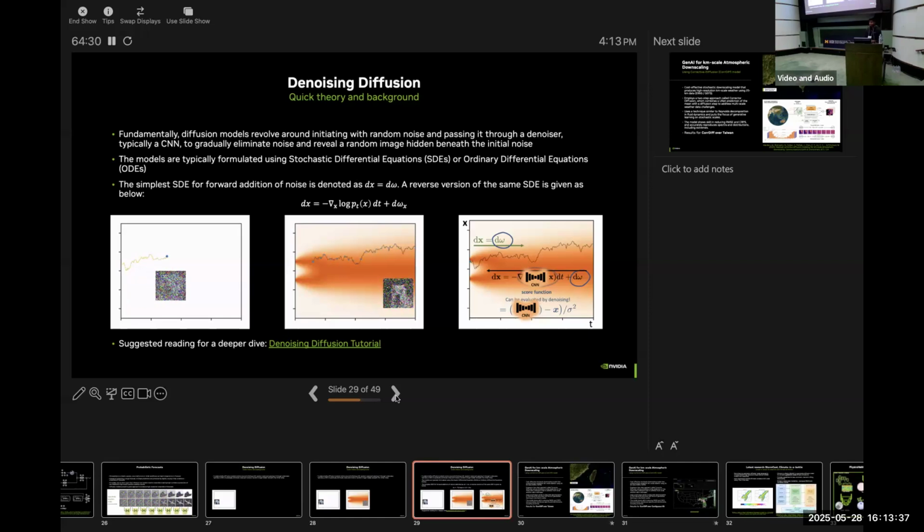And then the probability distribution function is approximated through a neural network, right? So you have a convolutional neural network or a transformer based neural network over here. And as a part of training, you are training the model to denoise the image slightly. So going from a slightly noisier image to a slightly less noisy image.